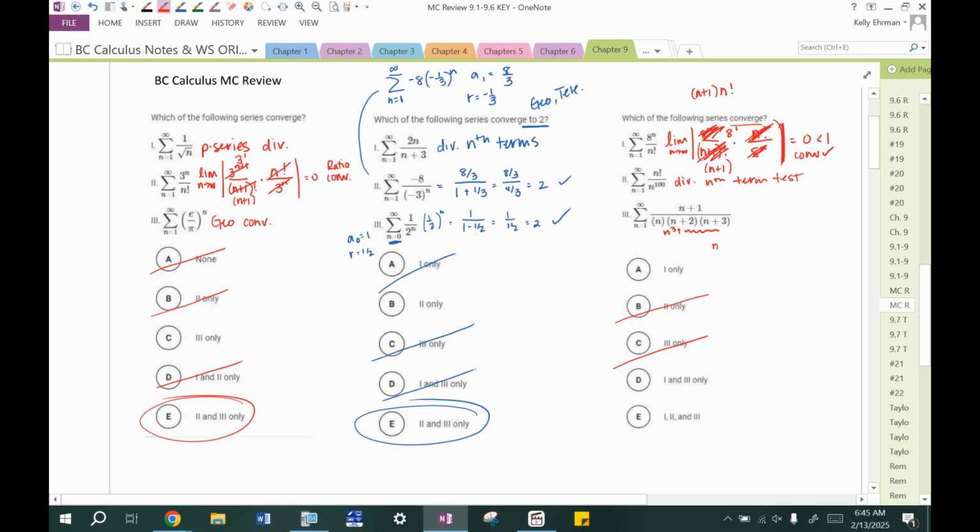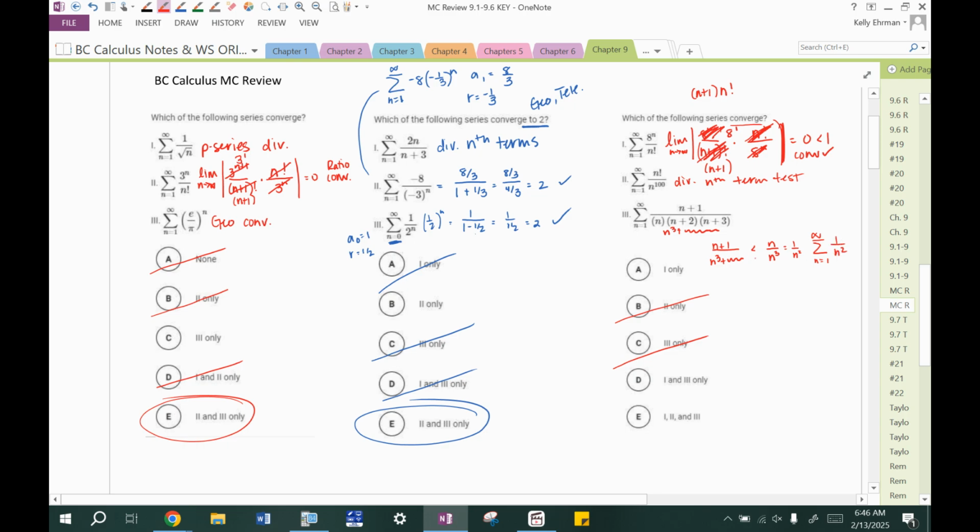So I can say, let's compare n plus 1 to n cubed plus whatever else. Compare that to just n over n cubed. These other terms will be addition, so this fraction will be less than this one, which is 1 over n squared. And I know that this series,